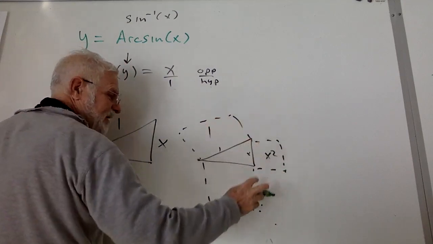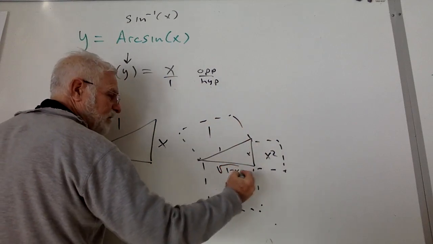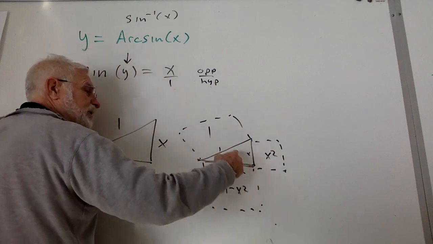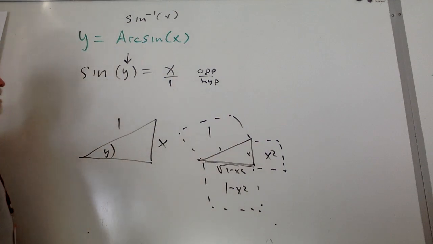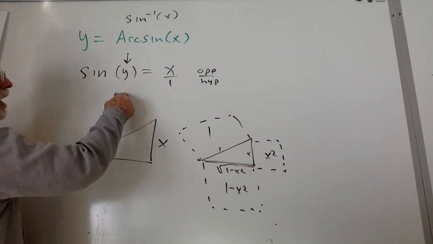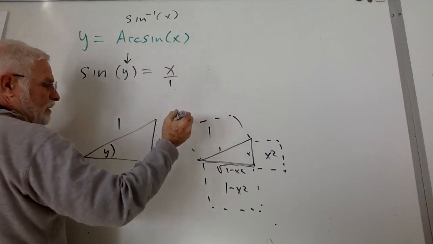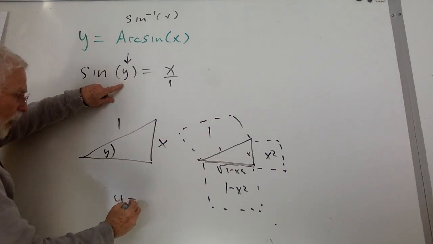So 1 minus x squared is this area, and therefore that is 1 minus x squared, which is the square root distance, which is now adjacent divided by 1, gets me solving for y. So I've kind of run out of room here, so I'll write it here. So I now know that y, which is the